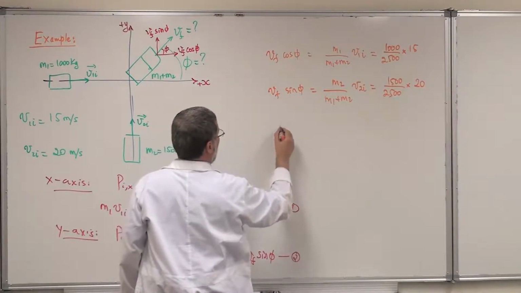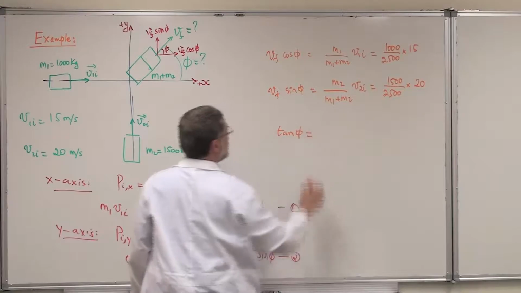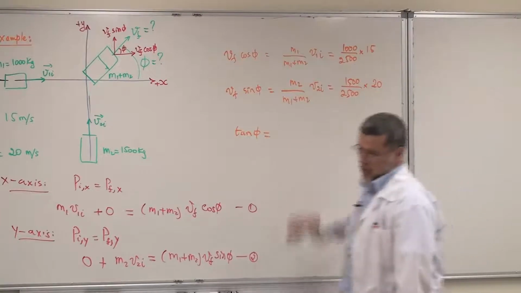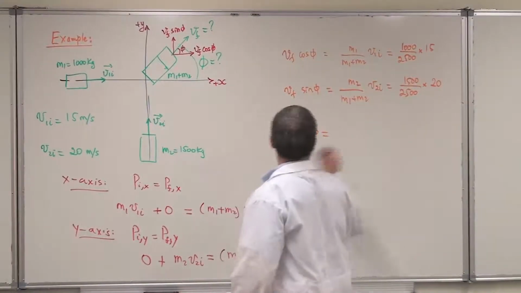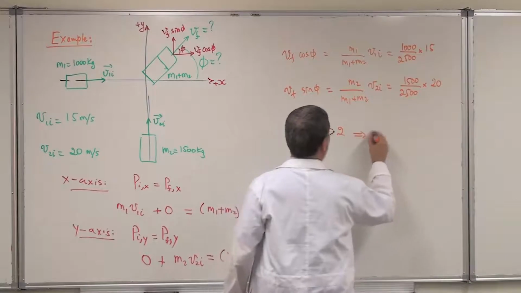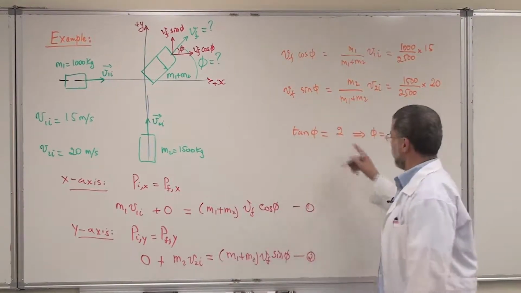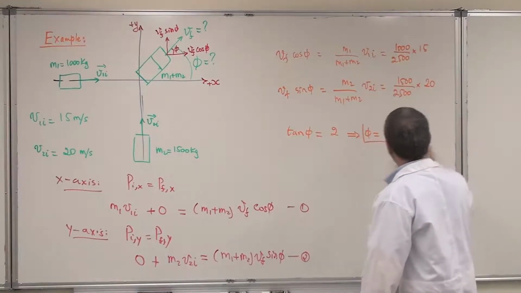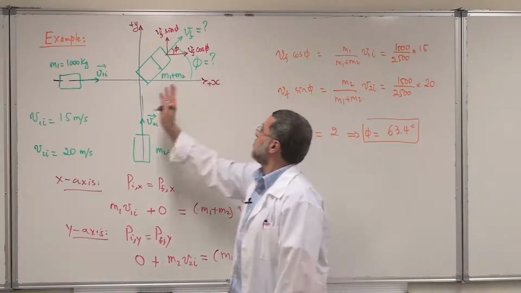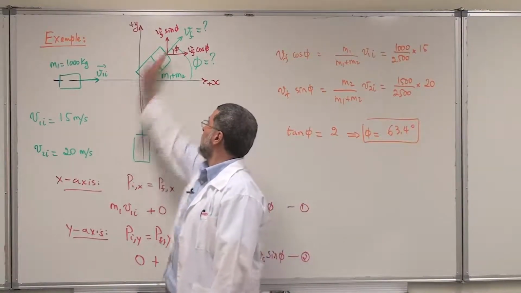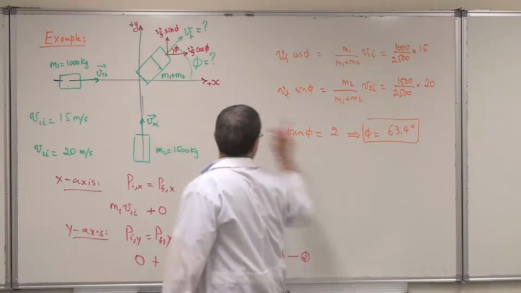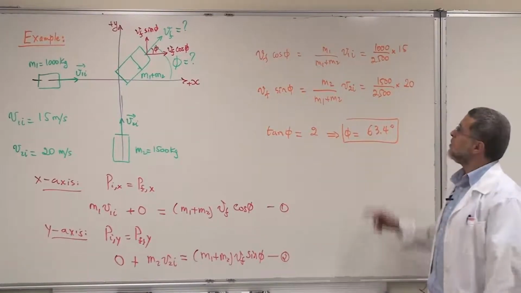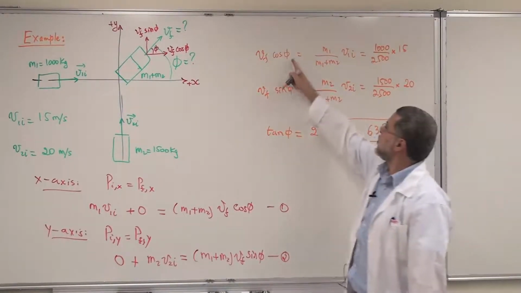dividing this by this, I will have tan phi, and the division gives me tan phi equal to 2. So the angle phi is tan inverse of 2, which equals 63.4 degrees. That's the angle phi we're looking for. The two objects will move in this direction, making an angle of 63.4 degrees with the positive x-axis. We take this angle phi and put it in to find v final,